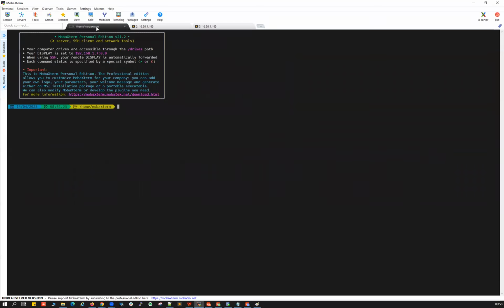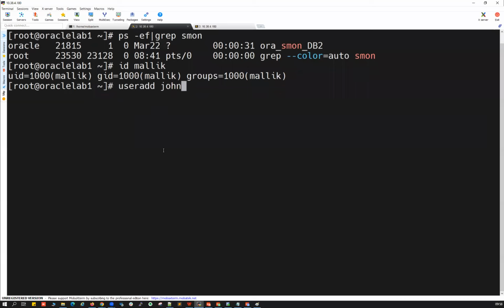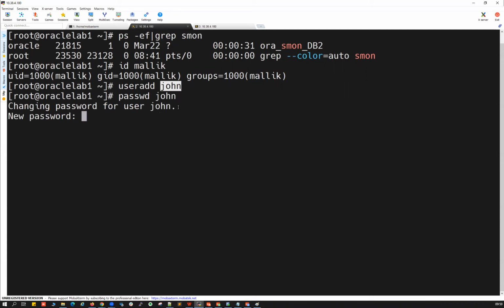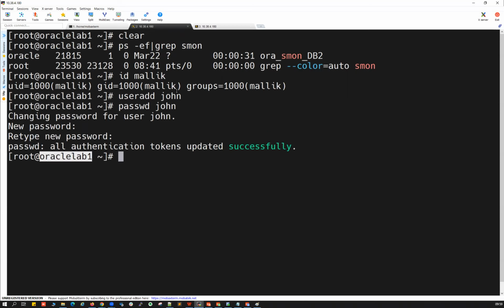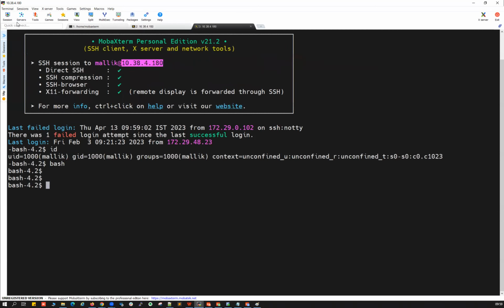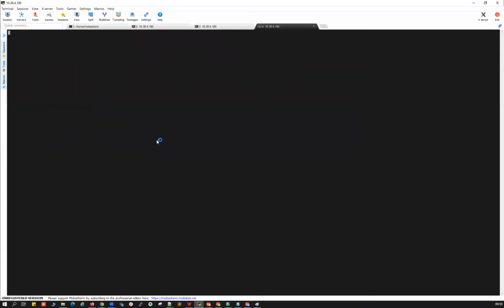And if the Linux admin is going to create one more user, one more DBA, that is John. Let's create the user: useradd John. The Linux admin will add the user, the John user got created, and the Linux admin will change the password for that John user. Let's set the password. So the John user is created on this Linux server. Now John also will connect to that server. Again, he will take a session from his laptop or desktop. He will access it using the IP address or the host name. So I'll go with John and whatever password is set for him.